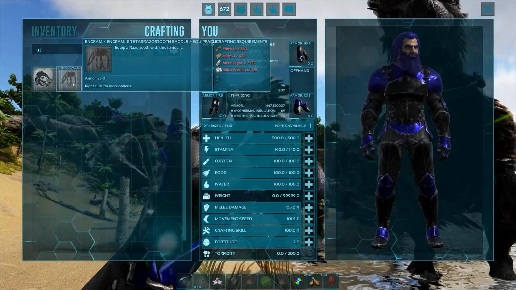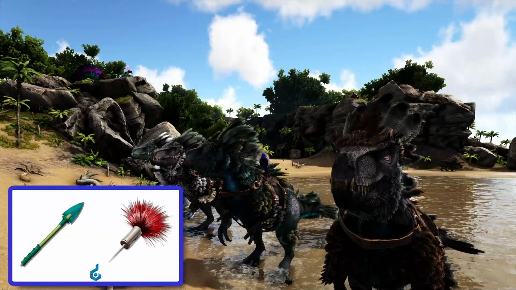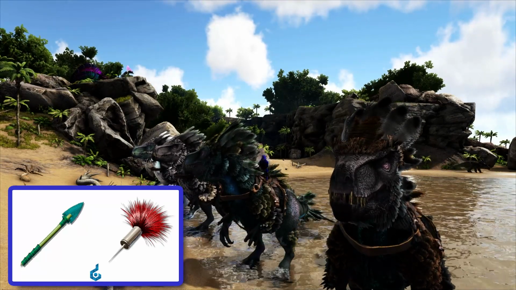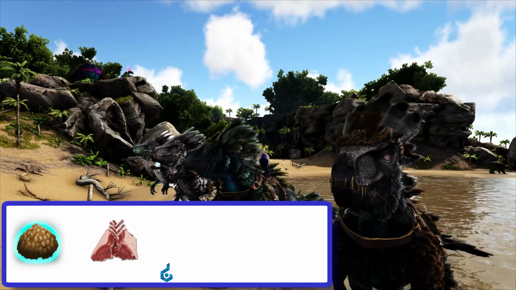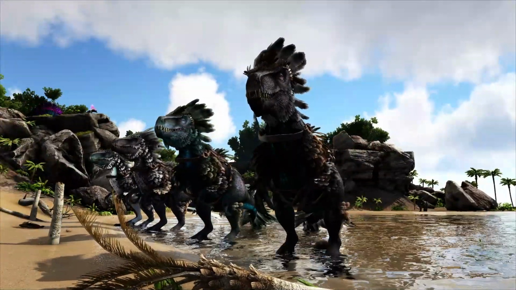Now the Razortooth do need saddles to ride, and you can craft them in your inventory, and it's only going to take fiber, hide, metal ingot, and silica pearls, so not too terrible. Now to tame these things, you can knock them out with tranq arrows, but I would pretty much only use tranq darts for these, and their preferred food is extraordinary kibble, raw mutton, raw prime meat, and raw meat in that order. Now taking a closer look at these,